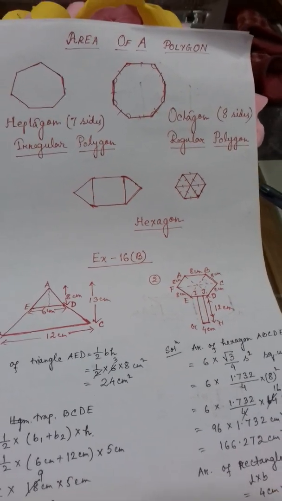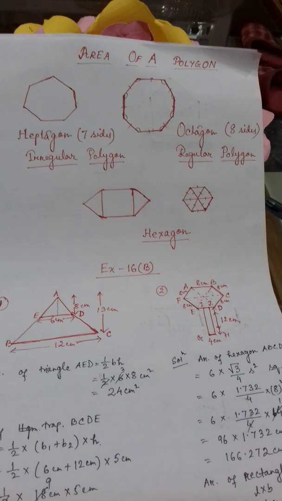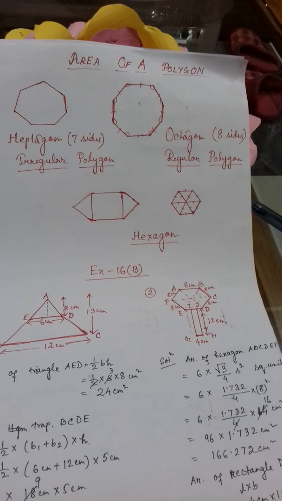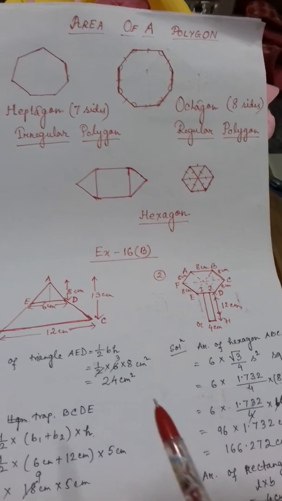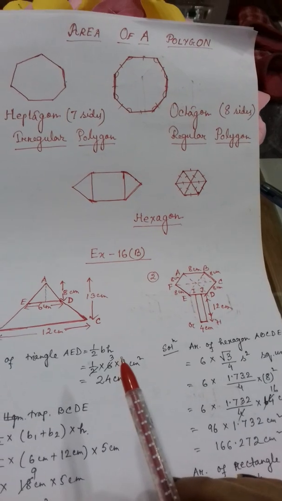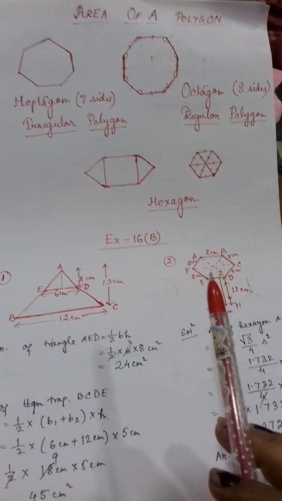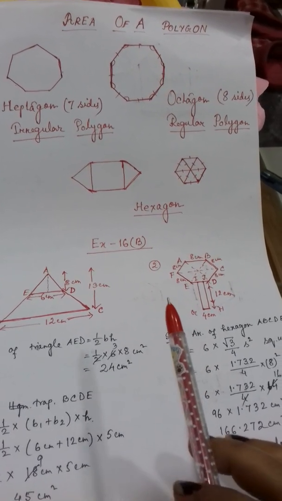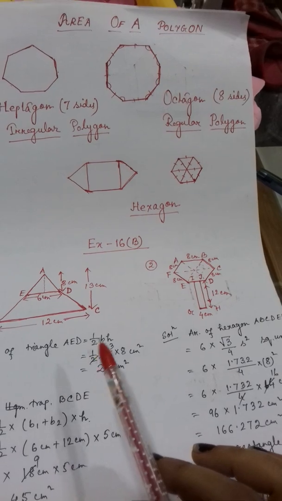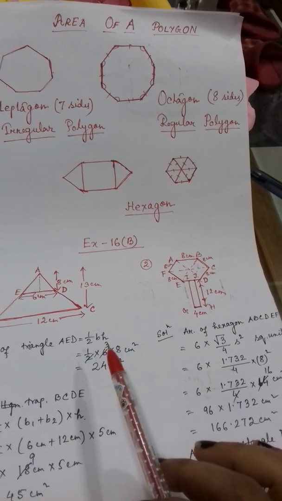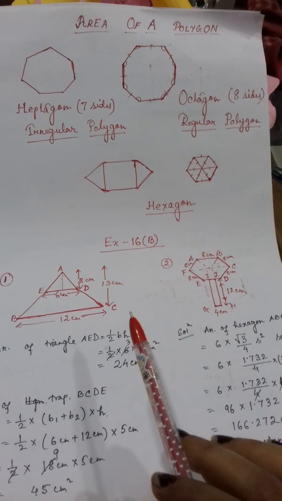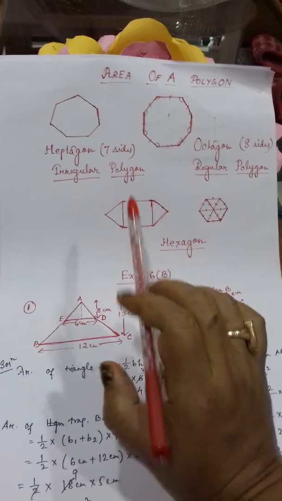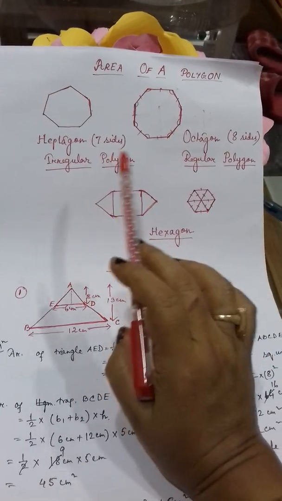Now in this type of polygons like pentagon, hexagon, heptagon, octagon, nonagon, decagon, clear? There I told you earlier also that you have to make the parts of the polygon according to different shapes, like you can make it as a rectangle also, in square also, in triangle also, in trapezium also, parallelogram also, clear?